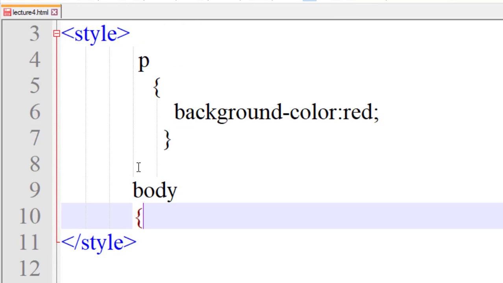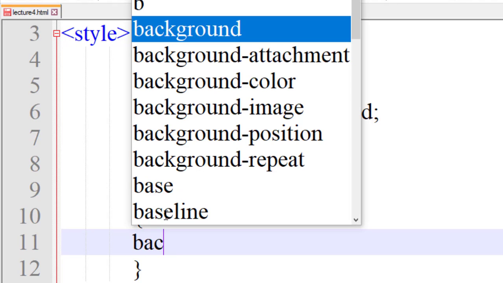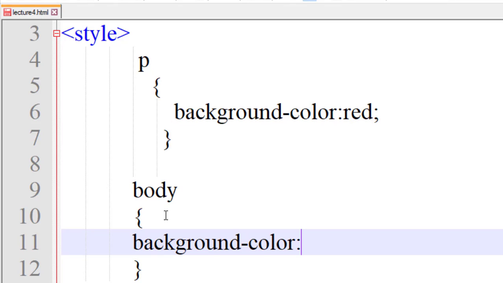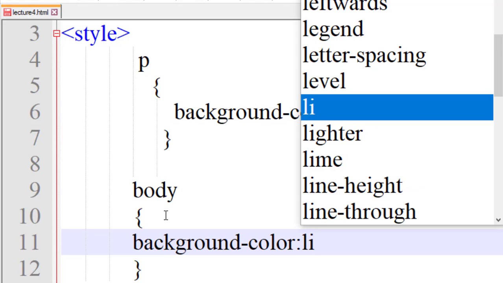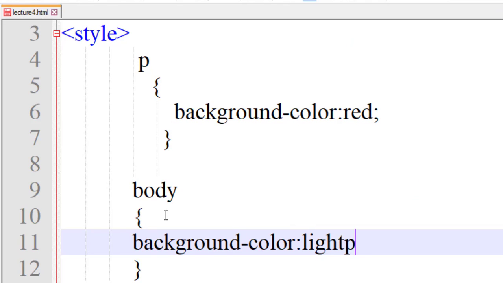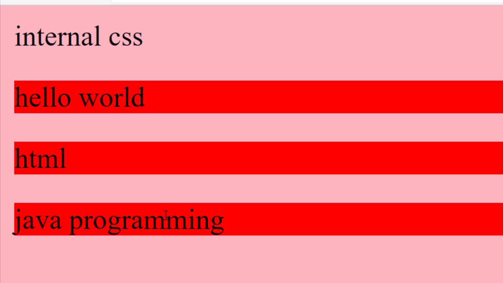In the body tag, I will write background color light pink, semicolon. Just save this. Now run this.